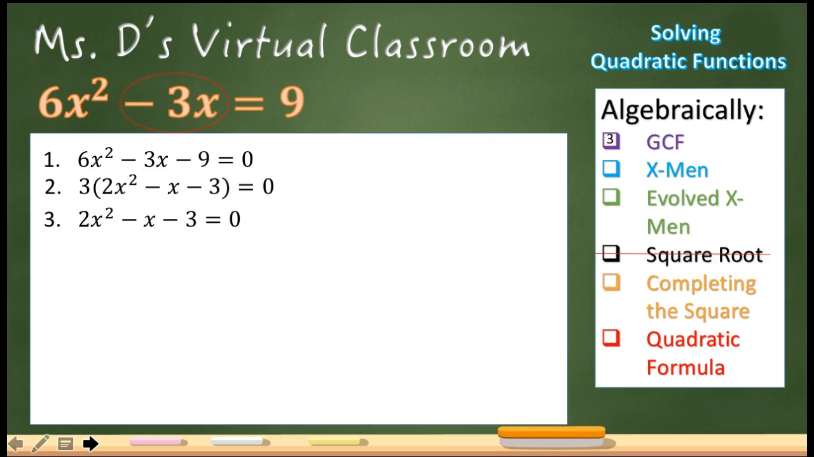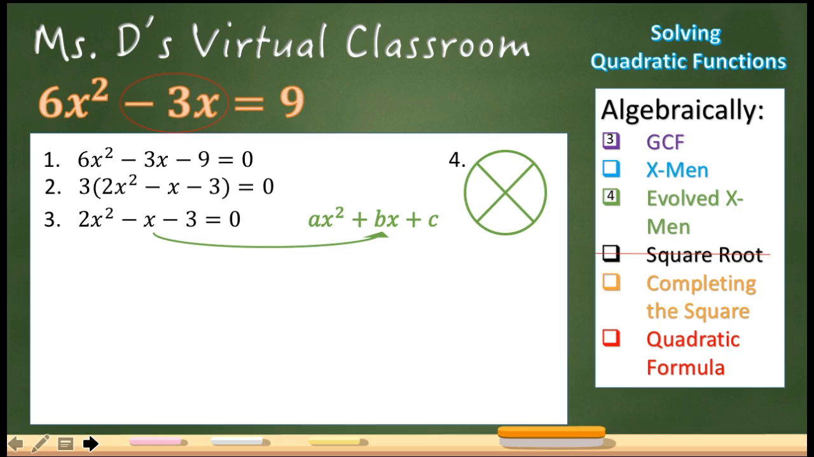Since this equation is of the form ax squared plus bx plus c, we can use the evolved X-men method. First, we have to multiply a and c for our top number, which is equal to negative 6, and our bottom number will be the b coefficient, which is negative 1. The two numbers that multiply to equal negative 6 and add to equal negative 1 are negative 3 and positive 2. So our factored form quadratic is 2x minus 3